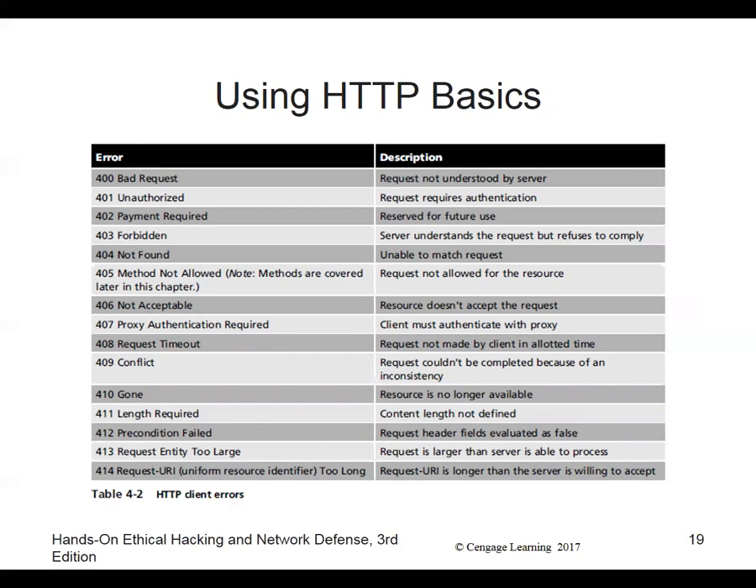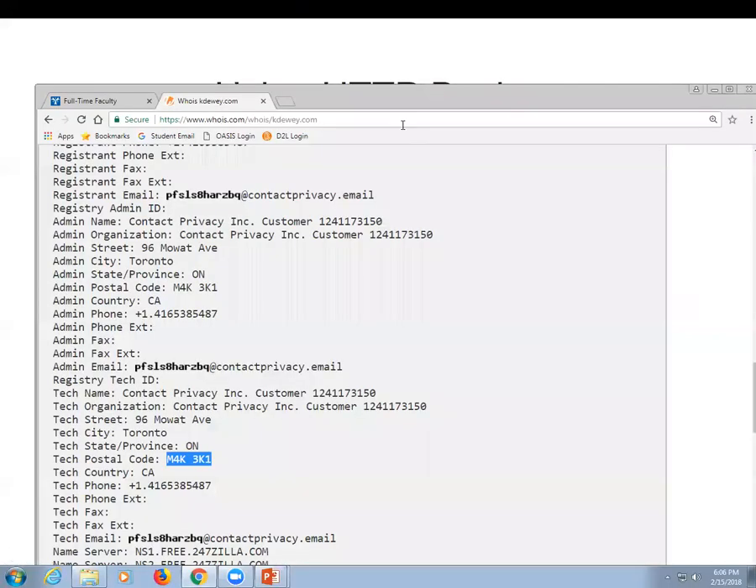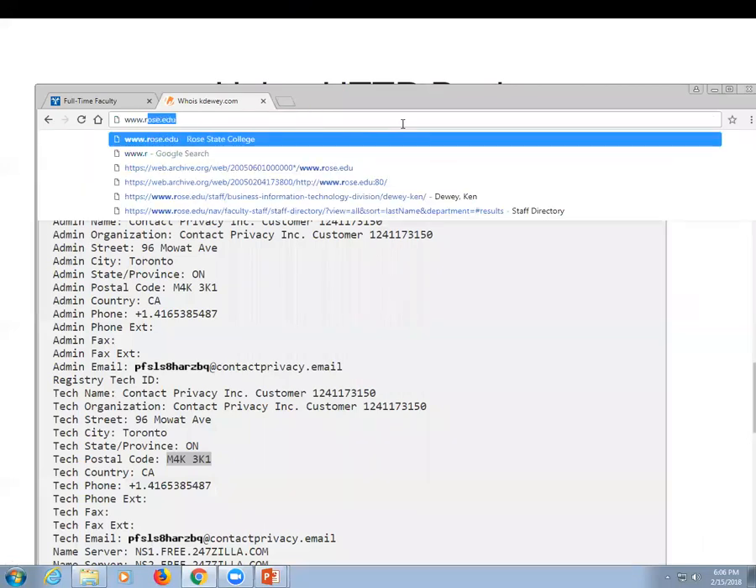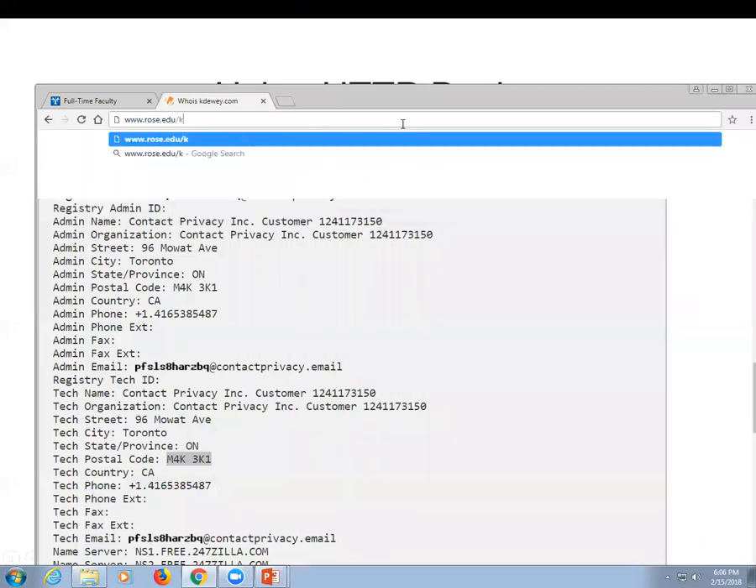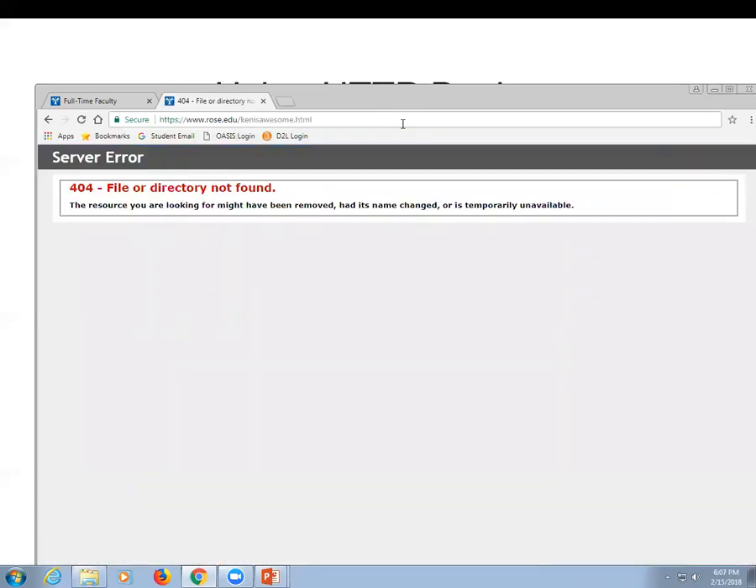But what you can do, I think Rose does it. Yeah, let's just try that. I think Rose does this correctly. Let's see. So I'm going to go to www.roseisawesome.html. That page should not exist. Okay. Surprise. Sure, they don't do it right. Damn it. Okay, that's not what it should do. Because is that very helpful? No. Because if you're a student or someone trying to find a page in Rose State, you mistype something,